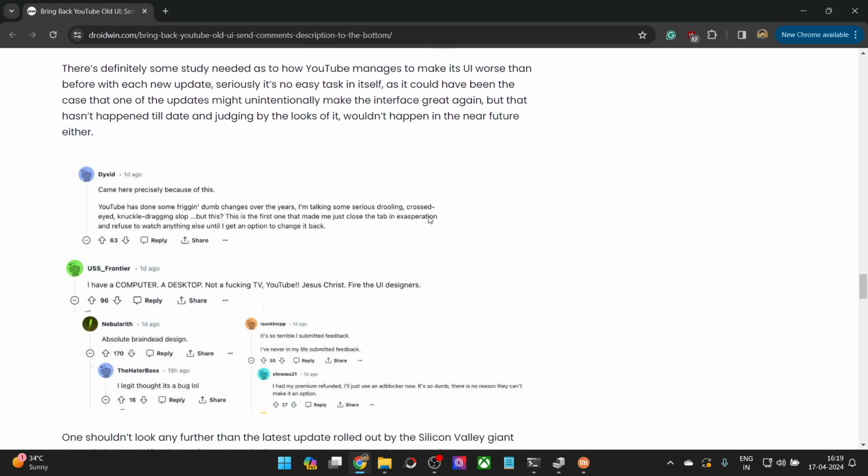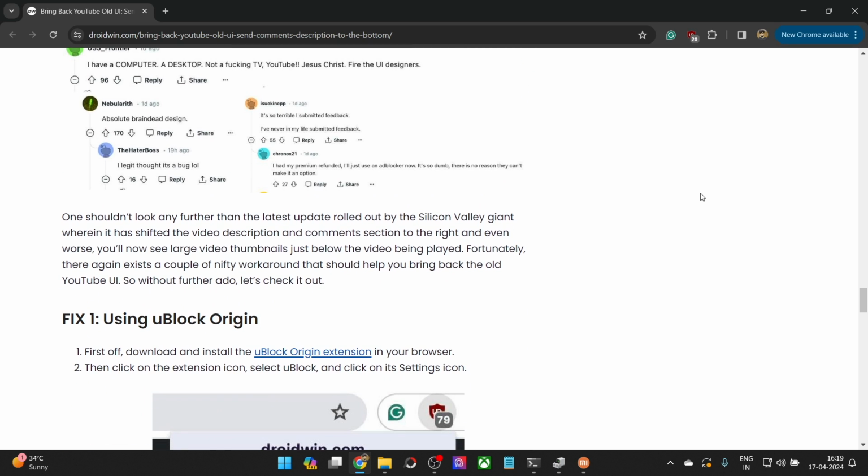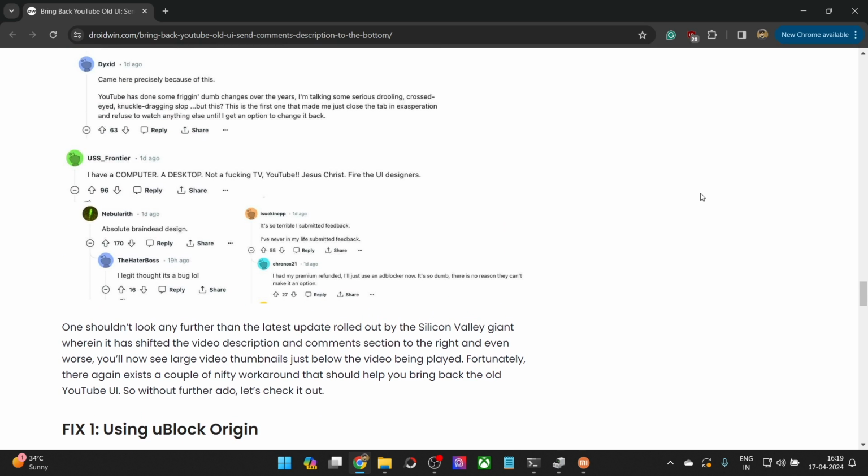The first course of action is to simply change your Google account. If you have multiple accounts, the update is being rolled out slowly, so as of now not every account has the update. If your account does not have the update, you may simply change your Google account from here and switch to a different account. But if you only have one Google account, or if all your Google accounts have this new change, then let's get started with the rest of the fixes.